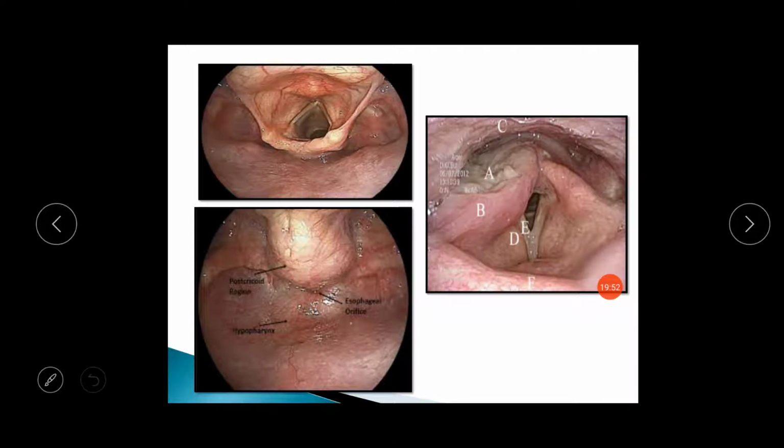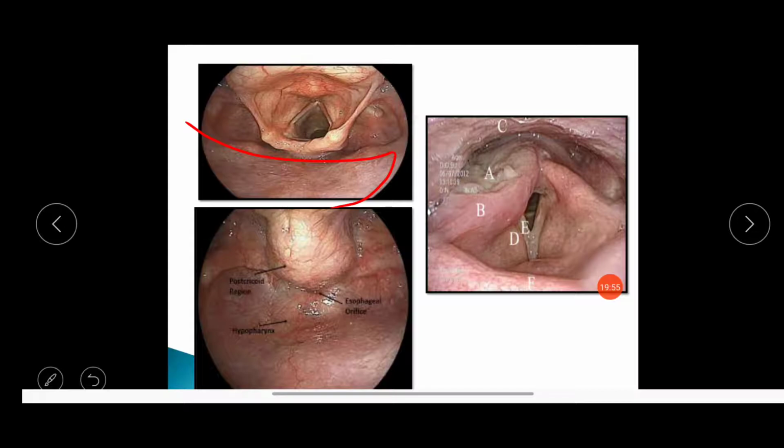This hypopharynx also has the posterior pharyngeal wall. So these are the